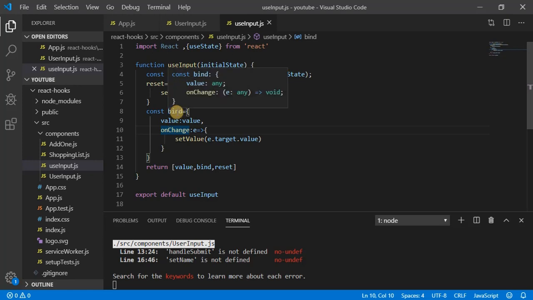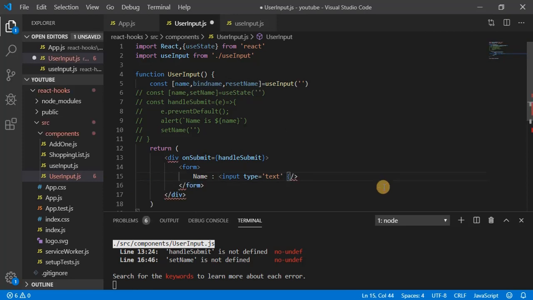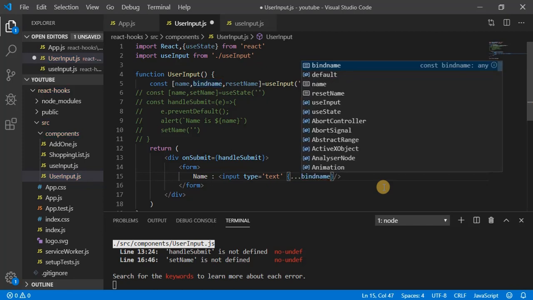This method is contained inside bind, that means I will get it inside bindName. So I don't need this line here, I can write bindName. But before that I need to spread it, so let's spread.